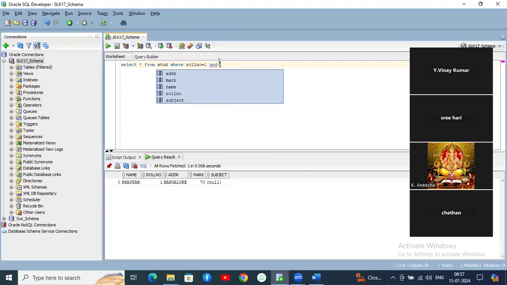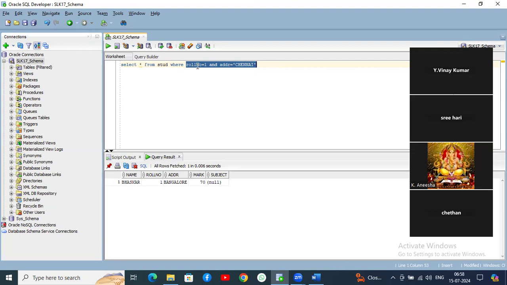Now, when we use the AND operator, let's say address equal to Chennai. Basically, what is the AND operator going to do? This AND operator is going to be used between multiple conditions, not with a single condition. When we use it between multiple conditions, this AND operator is going to verify for every record whether these two conditions are matching or not,